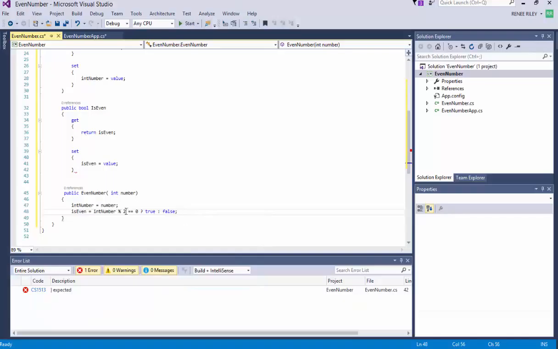Now remember, this is a ternary operation, so I've said set a value for isEven, evaluate the condition int number modulus 2 equals 0. So again, I'm saying if the remainder of the division of int number divided by 2 equals 0, return true to isEven, else return false. And our ternary operator is denoted by using the question mark before the true statement, then the colon, and the